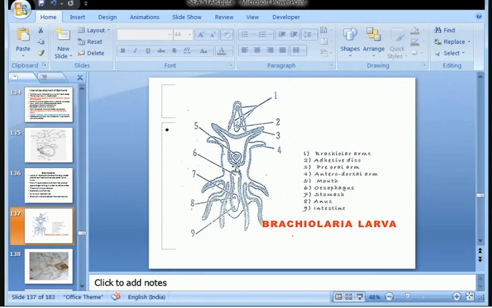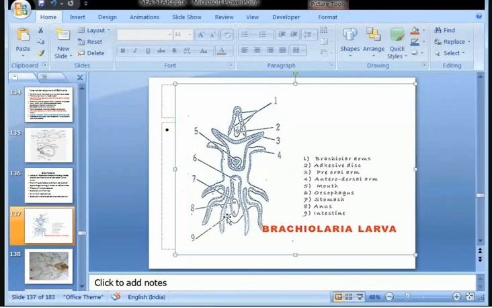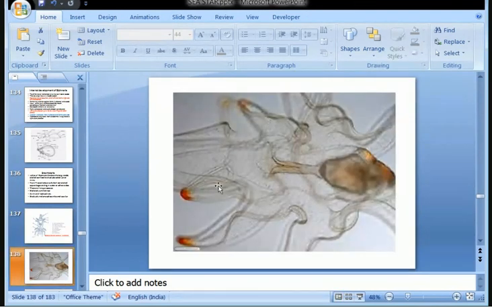Then we are talking about various structures here of the intestine, right? Number 5, the mouth, which is preoral or postoral. Then we have the small esophagus. Then we have this intestine, stomach, number 7 part is the stomach, intestine at this point, and then folded front, and that makes up the anus, the 8th point here. This is how this larva looks.